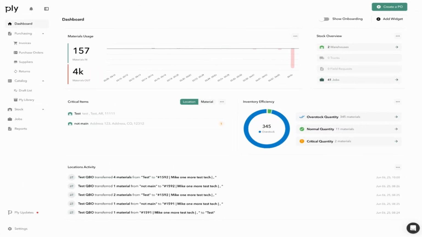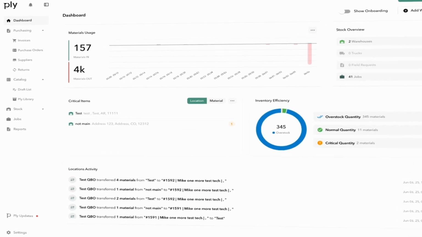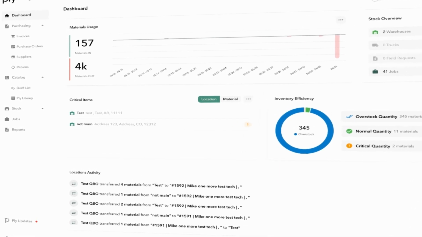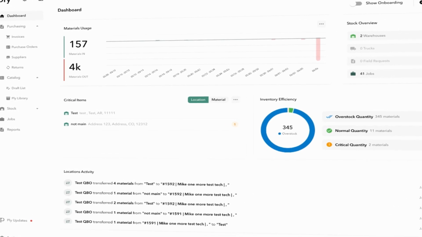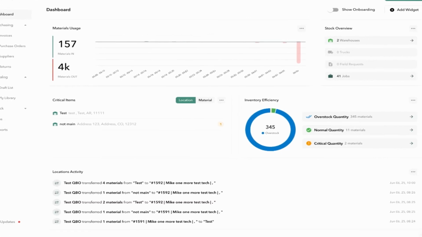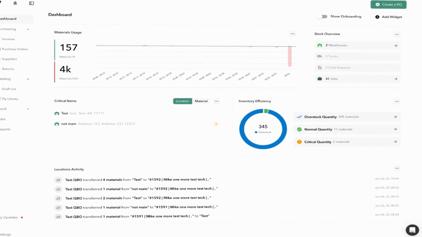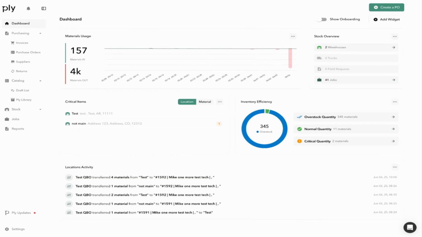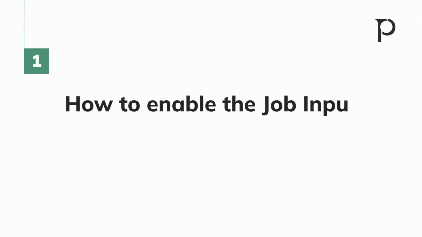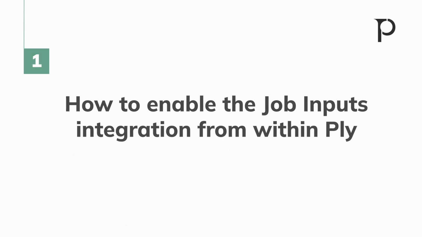This video will walk you through the new Housecall Pro Job Inputs integration with Ply. This powerful update lets you maintain flat rate pricing, track inventory in real time, and get more accurate job costing without the manual hassle. Here's what we'll cover today: how to enable the job inputs integration from within Ply, adding